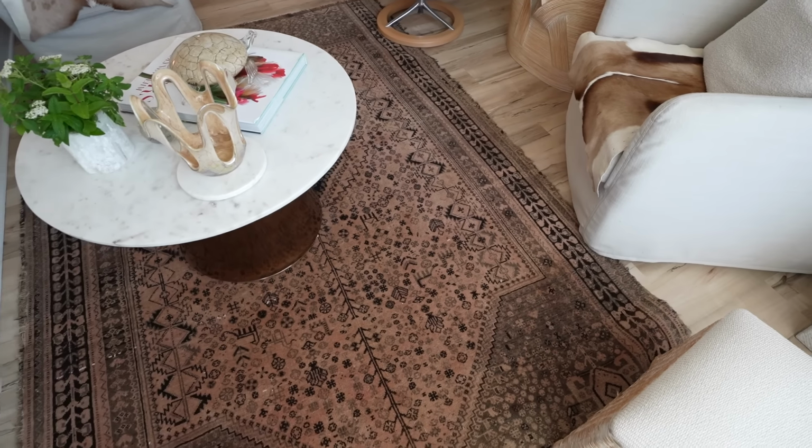It was this dark, kind of like a, it wasn't pink and it wasn't red. It was this really pretty, like rosy red color or pinkish red, but it just didn't suit me anymore. And so for the last 10 years, really, it's been in a bag in storage, and we hadn't been using it. So one day I found this guy in New York, and what they do is a process called antiquing. And so he came and he took a look at it. And I said, well, what do you think could happen to it? And he said, well, the process, what it does, it strips away the color,